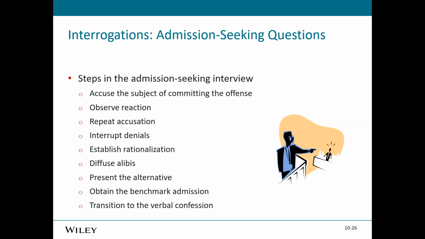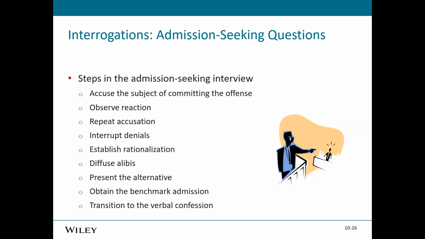We also want to diffuse any alibis, to combat any excuse the person is giving you. If they say, I couldn't do it because I was X, Y, or Z, or I didn't have this, that, or the other thing, we want to diffuse those alibis so they can't use those defenses. Sometimes this would include showing them our physical evidence, discussing the witnesses that we have talked to, and discussing any deception that we might know about. The purpose here is to appeal to their logic and not to scold or degrade them. We want to make sure we don't tell them that they're lying.